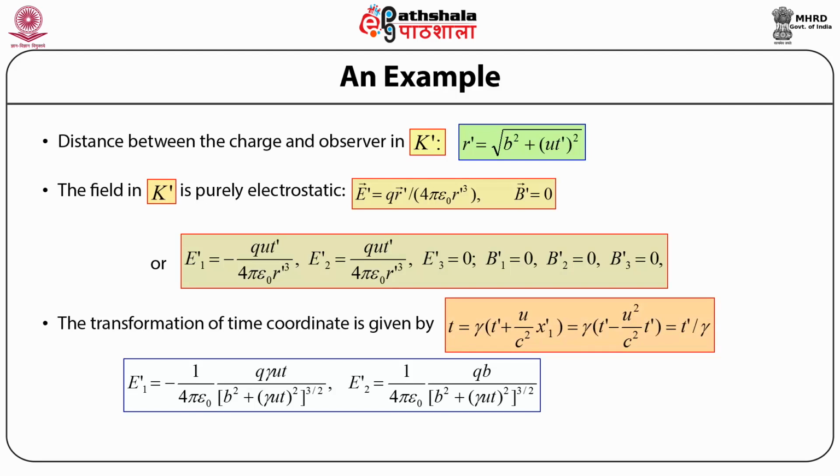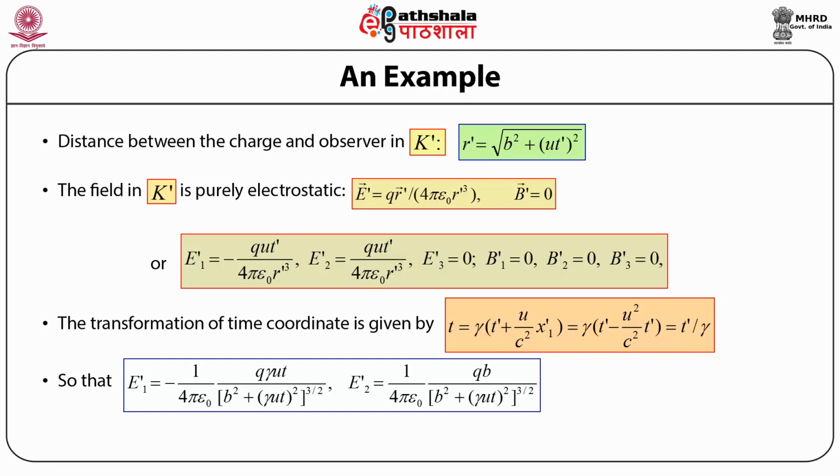Now the transformation of time coordinates is given by t is equal to gamma times bracket open t prime plus u by c square whole times x prime subscript 1 bracket close, and this is equal to gamma times bracket open t prime minus u square by c square times t prime bracket close, and this is equal to t prime by gamma. So we can rewrite the components of the electric field in the k prime frame of reference